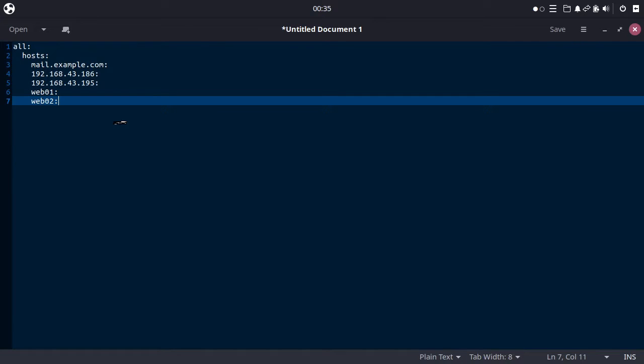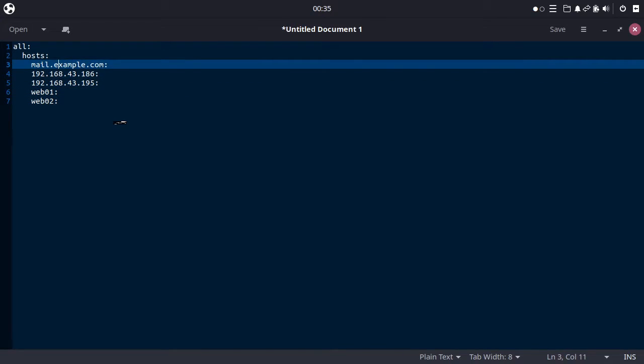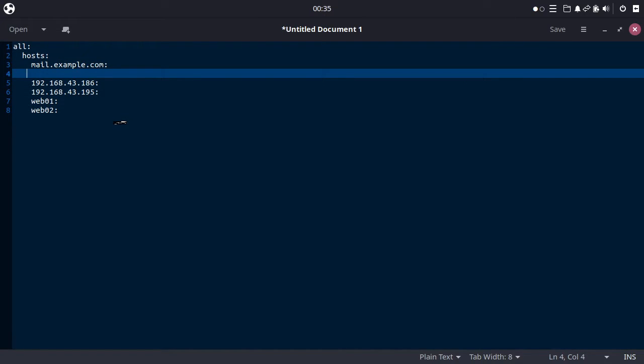But sometimes I just want to do some configuration on Docker servers. Then I don't want to update all the rest of the servers. I just want to do the configuration on the Docker servers. So how do we do it? Basically, we need to group them again. How? Similar to this one.